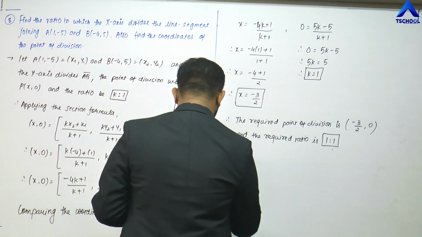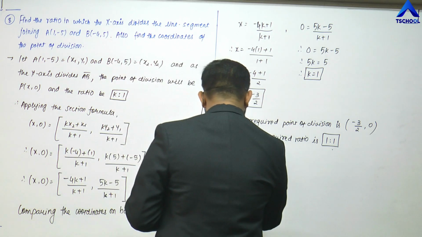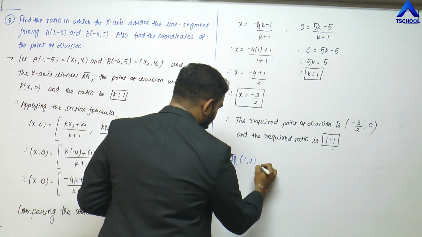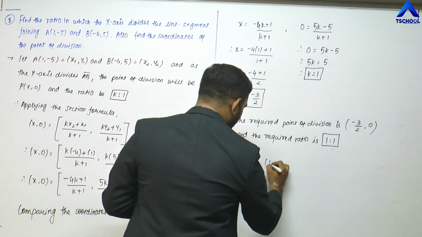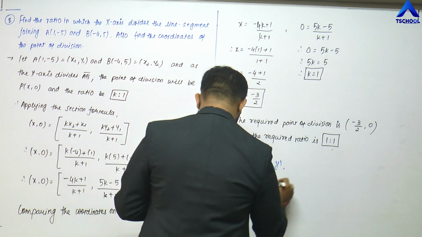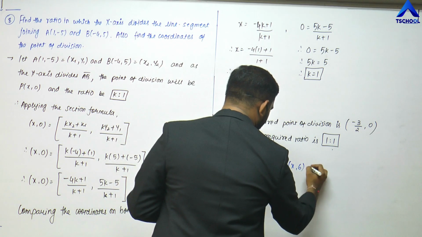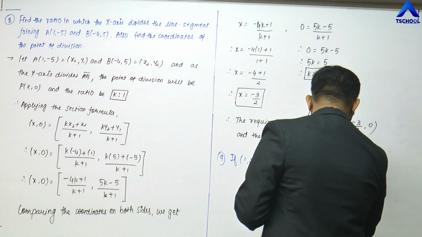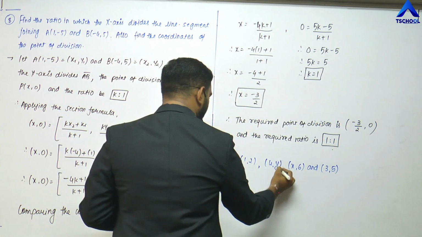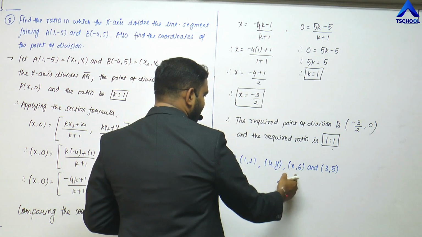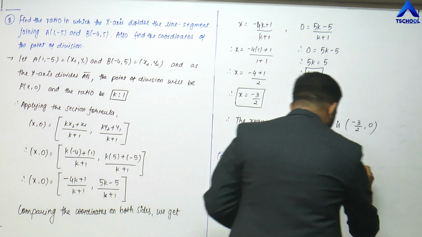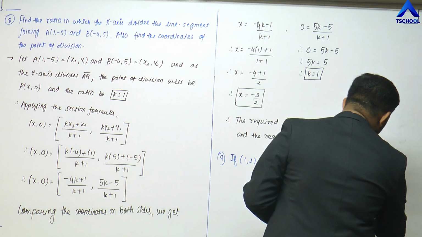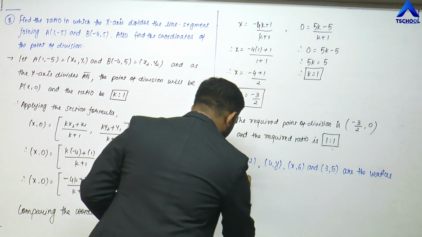So 9th one, if 1 comma 2, 4 comma y, x comma 6 and 3 comma 5 are the vertices of a parallelogram